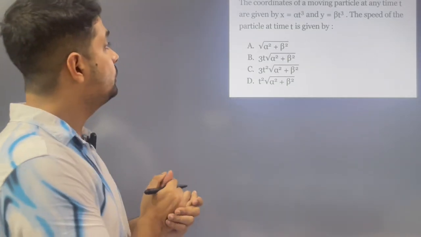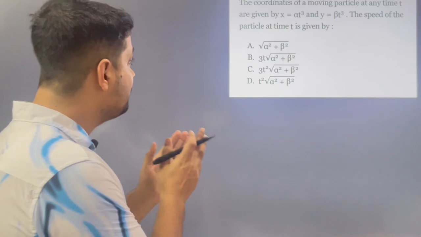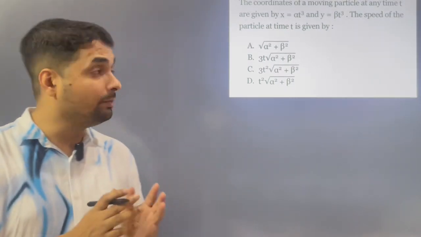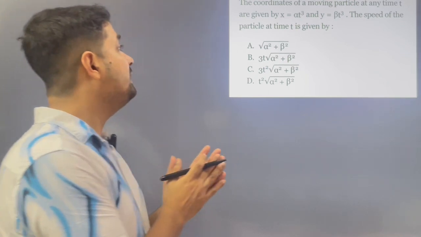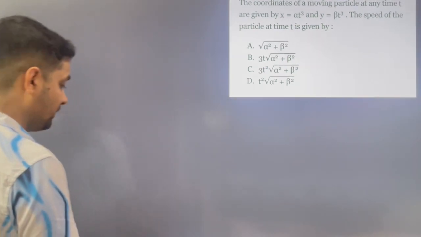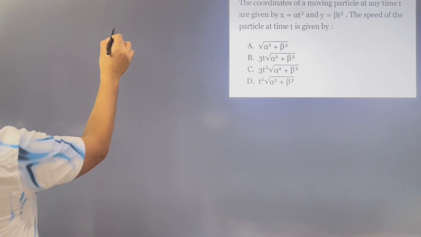Here the question is: the coordinates of a moving particle at any time t are given as x equals alpha t cubed and y equals beta t cubed. Then we have to find the speed of the particle at time t. So how to find it? First we will find Vx. Here x is given